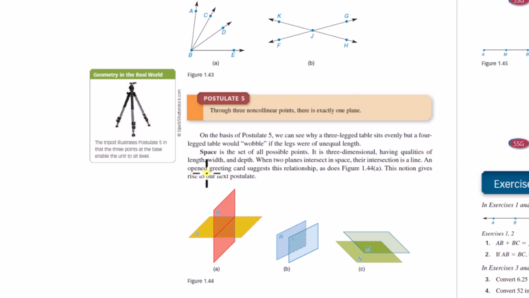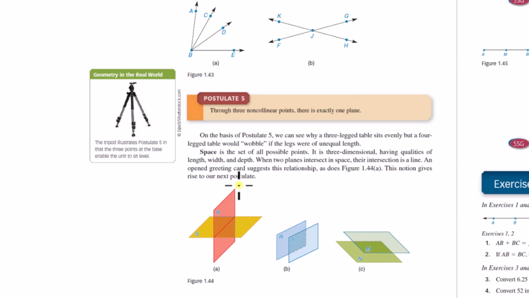An opened greeting card suggests this relationship, as does figure 1.44a. This notion gives rise to our next postulate. So when two planes intersect in space, we're not talking about parallel planes or the same plane lying on top of one another. It's the same idea with lines. If it's just two non-parallel, distinct planes that intersect, well, two lines intersect at a point,